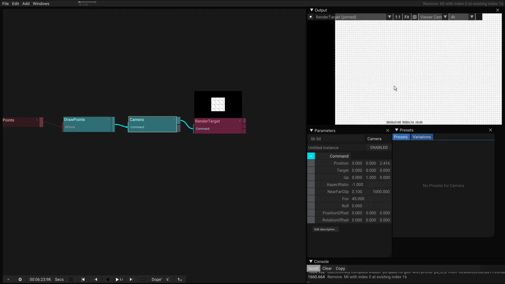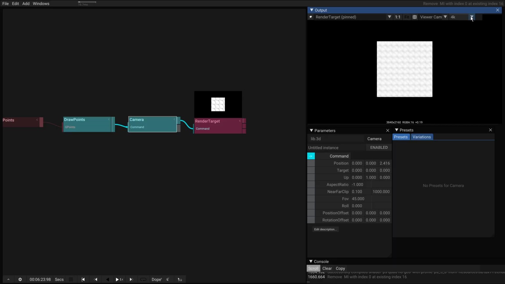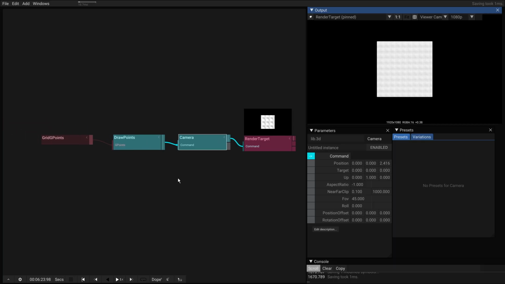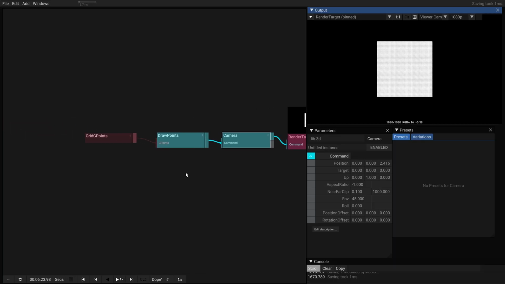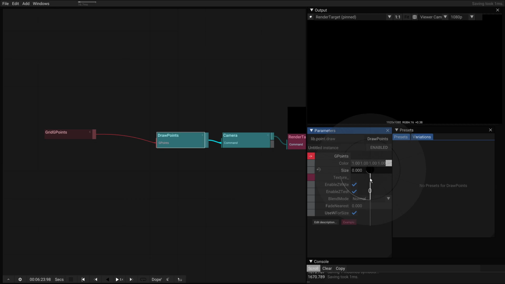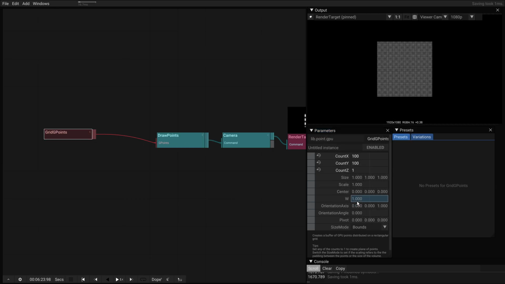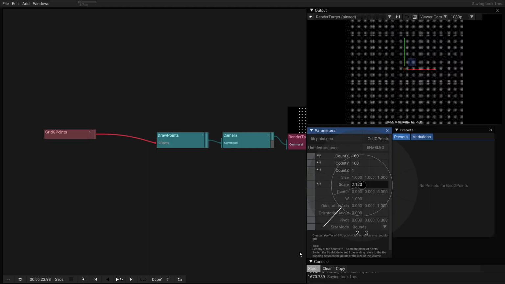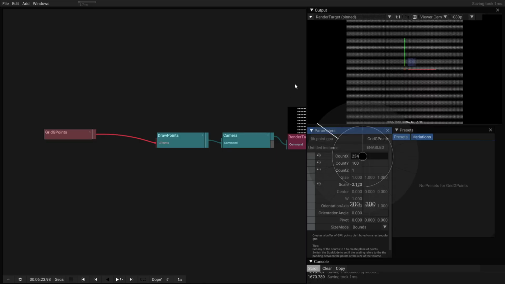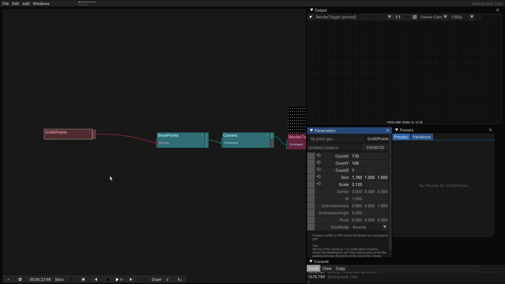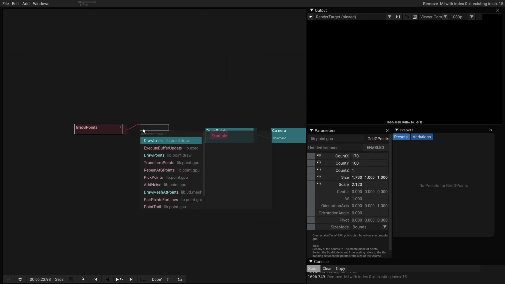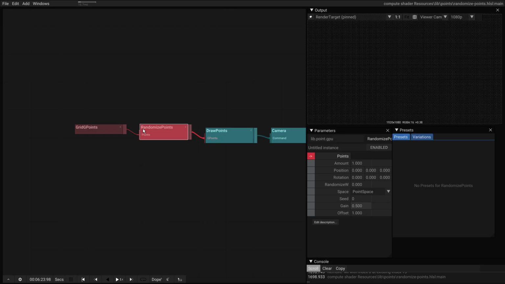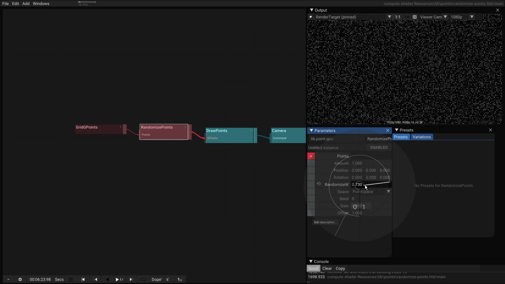For instance, modify a camera to have a fixed control. Maybe we don't need this in 4K, so let's do this in full HD, should be good enough. And then let's build something more interesting. Let's first reduce the size of the points here and increase the size of this grid. Maybe we have more grid width and we change the size here. And so we could do things like randomizing these points to have more variation in here.